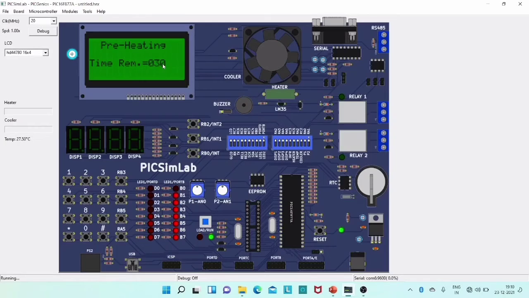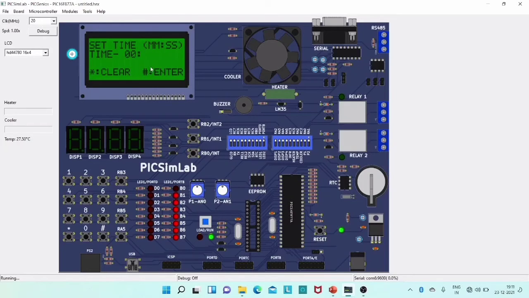Let us wait for 30 seconds at most. So here it asks us to enter a time. Let me enter 20 seconds to show you how the other options work.